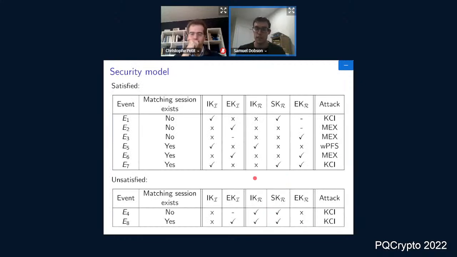After that, we study it in a formal security model that we define in terms of the CK type, ECK, CK plus type notation with these different 8 cases, so that it's more comparable with other key exchange schemes. And the key modification is that we've added this column for the semi-static key and discussed the different combinations of keys that can be revealed by the adversary in the security game, such that the session key should still be indistinguishable from random.